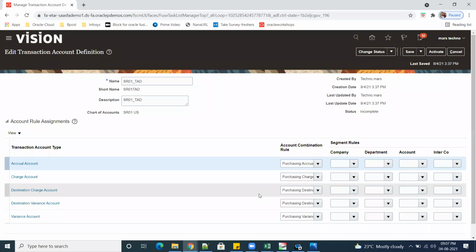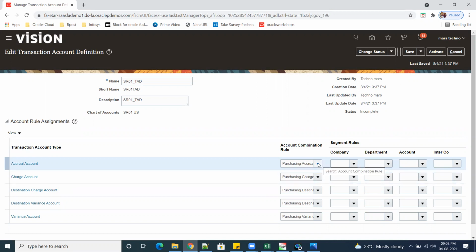Automatically, based on my accounting combination, the system will pull the segments which are present in my COA chart of accounts. The segments are company, department, account, and intercompany. With these segments I made a COA.